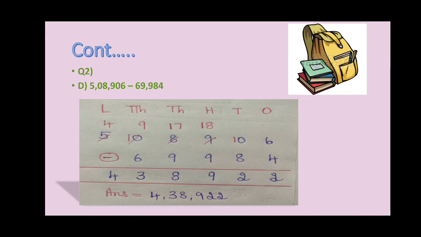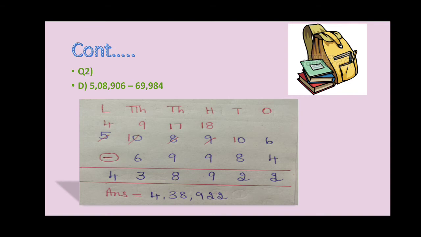So you also have to write first place values with half finger space, and then give sleeping way 1 finger space. So that space later on you can use to write this borrowing numbers. Okay, children, so you have to give 1 finger sleeping space. So then write 5,08,906 as your minuend, and then 69,984.